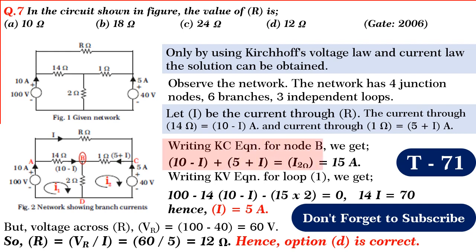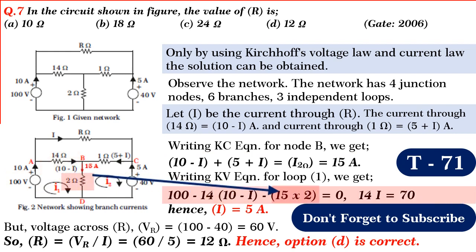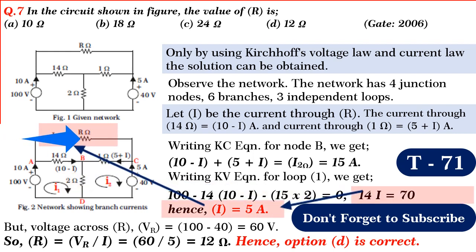Observe the junction node B. By applying Kirchhoff's current law to junction node B, we get current in 2 ohm is 10 minus I plus 5 plus I equal to 15 amperes. Now, by writing Kirchhoff's voltage equation for loop 1, we get 100 minus 14 into 10 minus I minus 15 into 2 is equal to 0. By solving, we get I is equal to